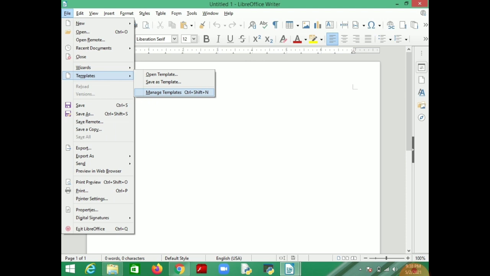The shortcut of Manage Templates is Control Shift N. Okay, so you can also use keyboard keys as shortcut keys to do operations in your Writer software. So Manage Templates will open either through your mouse or through the keyboard.